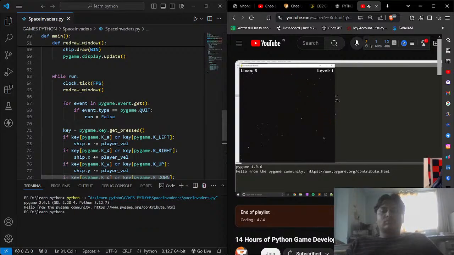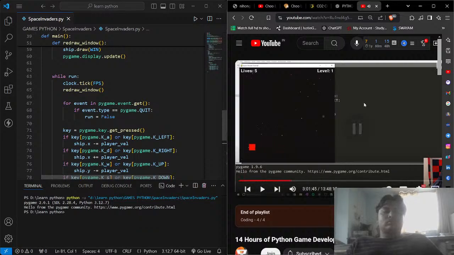I can go any direction I want, right? And maybe you might think this is a bit too fast as well. So let's make sure that we can't move off